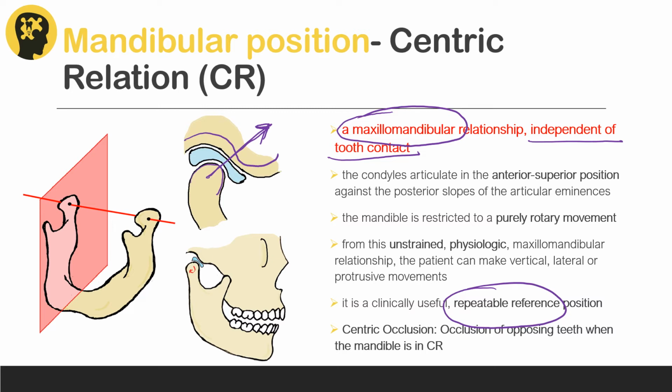You may find that very few teeth occlude in this position. The way your teeth occlude in this position, or the way your teeth come together when you close this way, is called centric occlusion, or occlusion in centric relation. All right. Do not get confused. The way your teeth come together when you guide the mandible into centric relation is called centric occlusion.